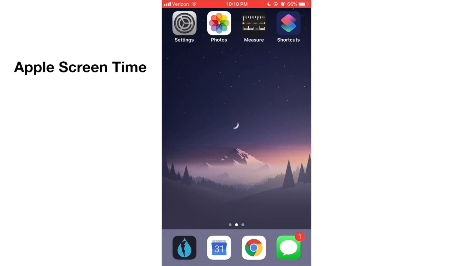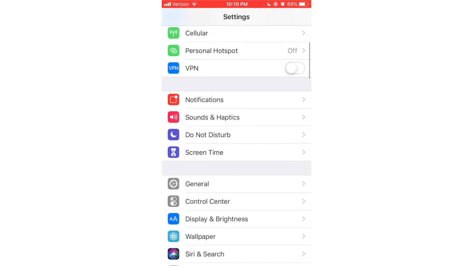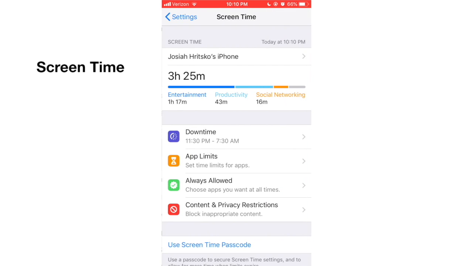Apple's new screen time feature is a great thing if you need help limiting your usage on your phone. Let's get into it and show you how to use it. First, you're going to go to your settings, scroll down to screen time, and there you'll see all the statistics